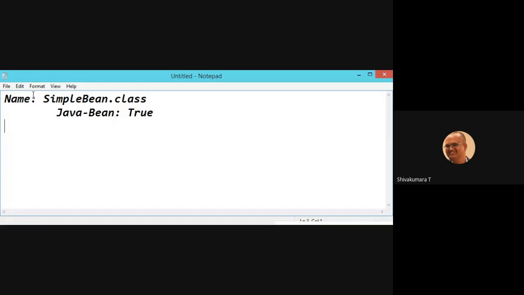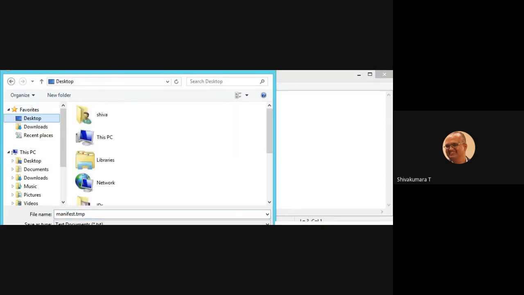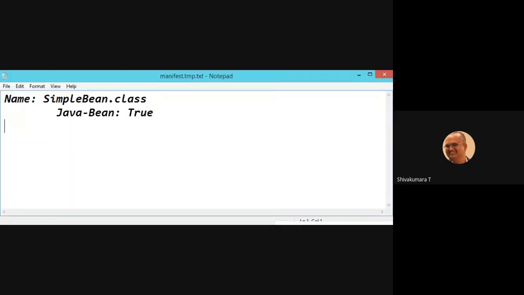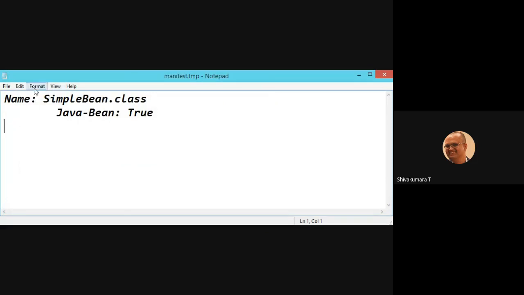You save this as manifest.tmp, a temporary manifest file. By looking into this manifest file, you are able to identify whether that class is a Java bean or not.